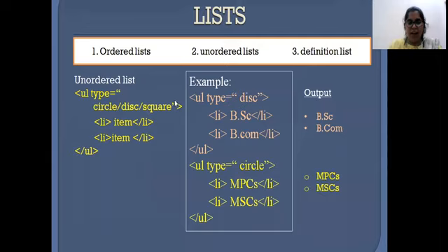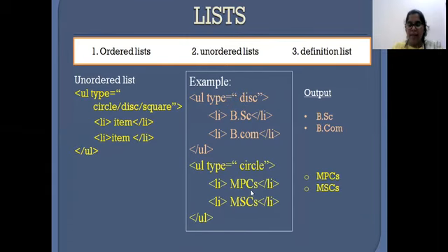So we will be getting output in the form of circles and in the form of squares. Here I have mentioned two examples again. In the first example, I took an unordered list and its type is this. And I mentioned two list items: one is BSc and another one is BCom. Likewise, however many you want to take, that many you can take. As there is no special numbering, automatically this symbol will be coming before the list items.